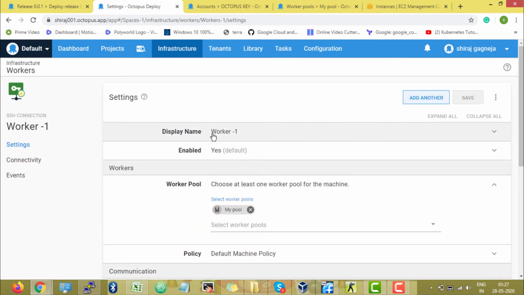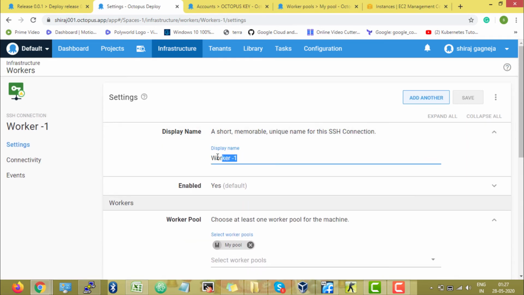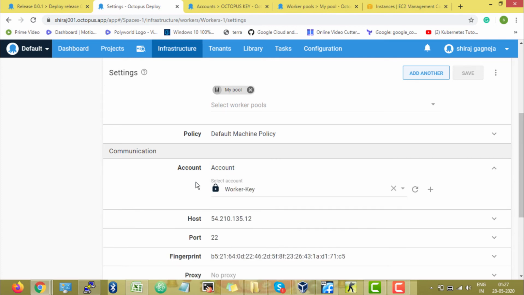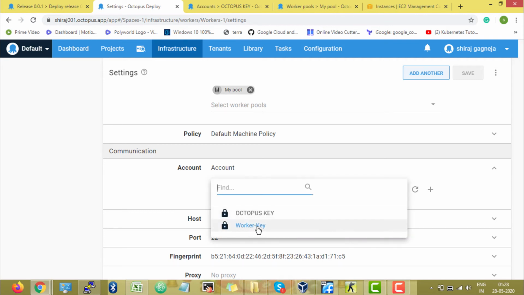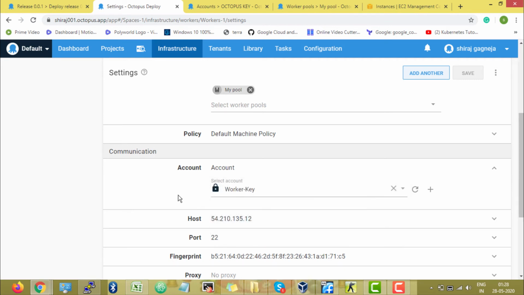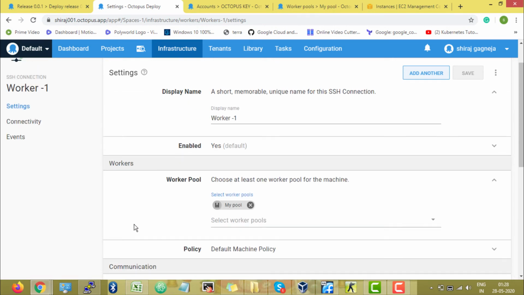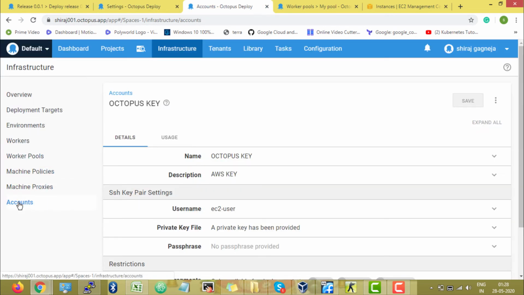Then make sure that you change the display name of your worker over here, and then you have to select an account with which you can authenticate this worker. Over here I had created a worker key, which I'm selecting. How to create an account has already been discussed in the previous videos. In case you don't have an idea, you can visit this accounts tab over here,